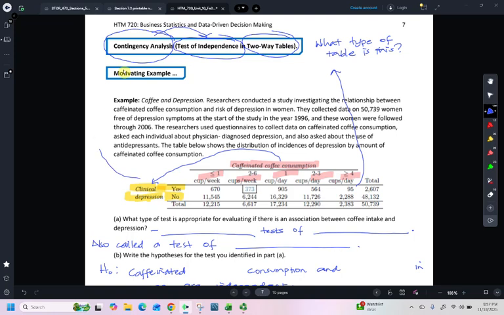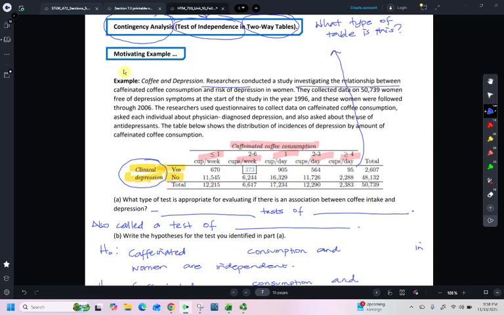So, what is the context behind this data set? And why would we want to use contingency analysis? As I stated earlier, we're trying to look at the relationship, if there exists one, between two categorical variables. The context here is specified in this example. Let's read through that. Researchers conducted a study investigating the relationship between caffeinated coffee consumption and the risk of depression in women. So we're looking at the relationship between two categorical variables, as the table illustrates,